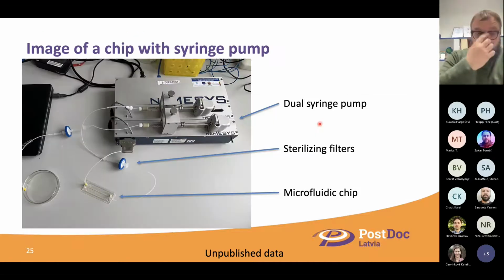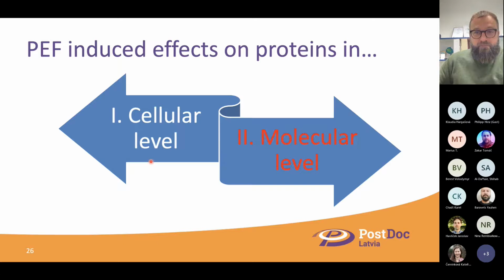And yeah, going into real things, not models. This is what the chip looks like. Actually, here there are no electrodes yet, but still, the system looks like this. It's quite a small device. Of course, there is a lot of stuff around it, and sometimes the setup is much bigger.